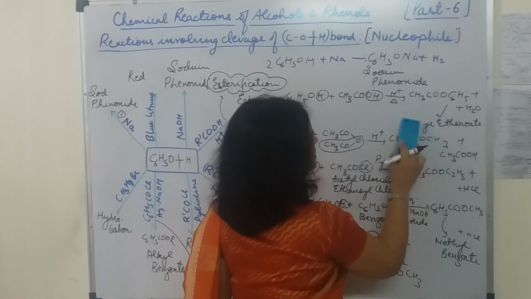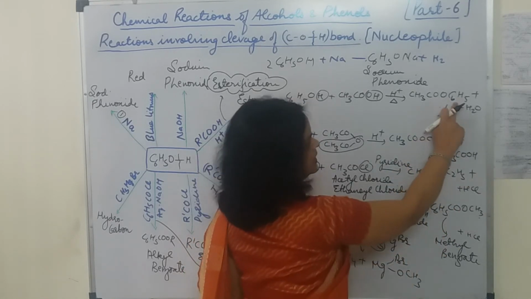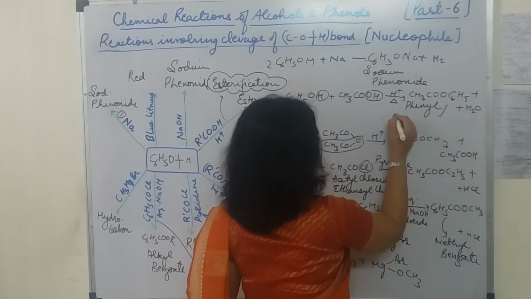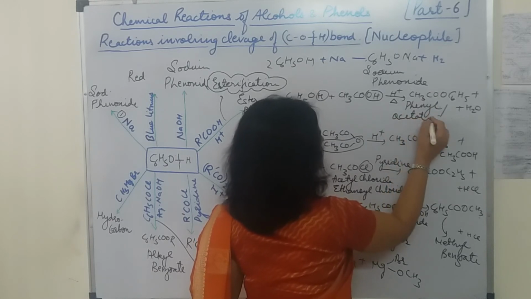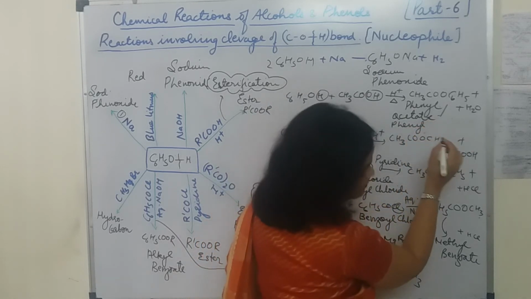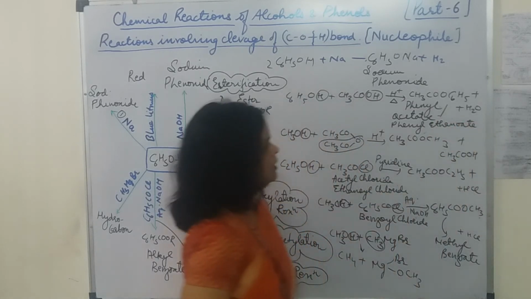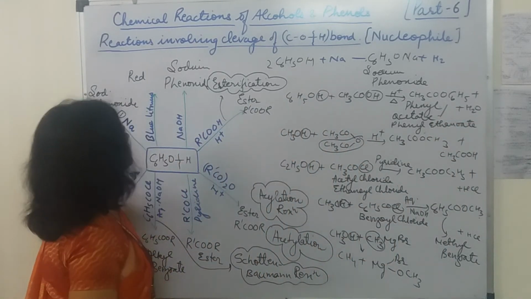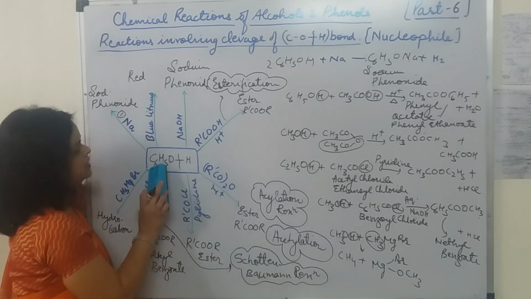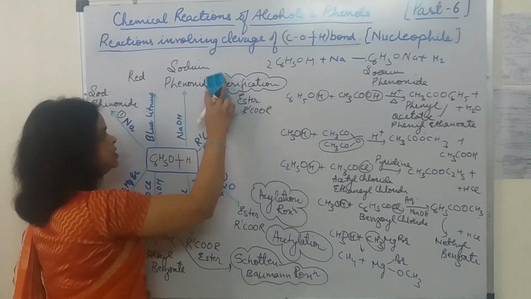This is again a derivative of acetic acid, and how you will write down its name here, students? This is phenyl acetate. So its name will be phenyl acetate, or you can say phenyl ethanoate. Okay, same way you can write down the products. This reaction is still called esterification because ester is formed, but generally for phenol we are not using the word esterification. Esterification generally is used when we are talking about alcohol.